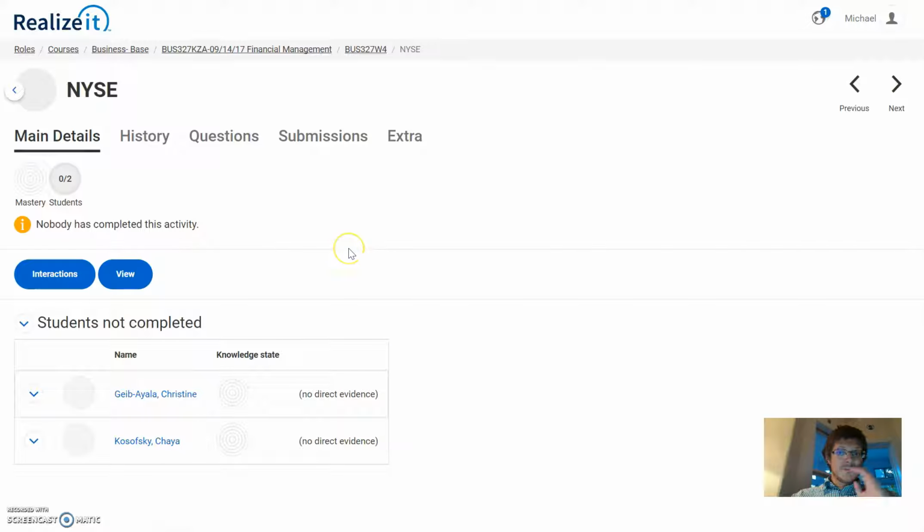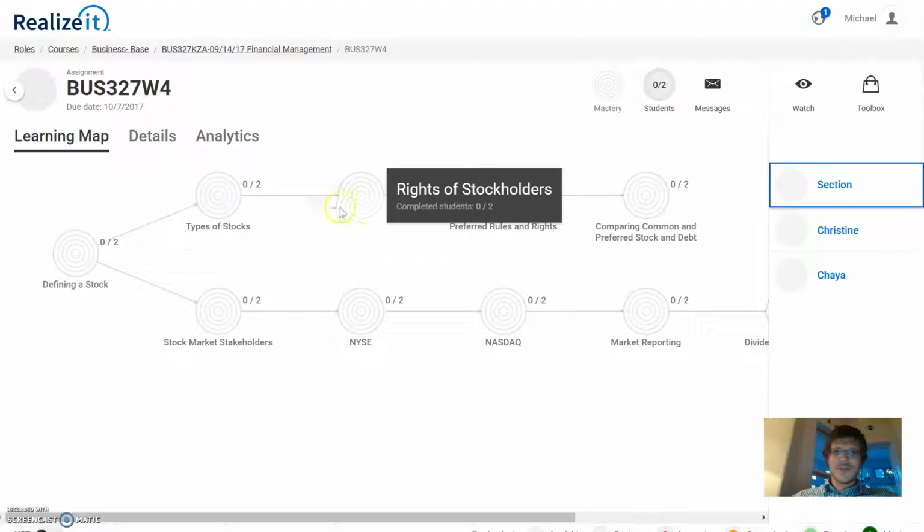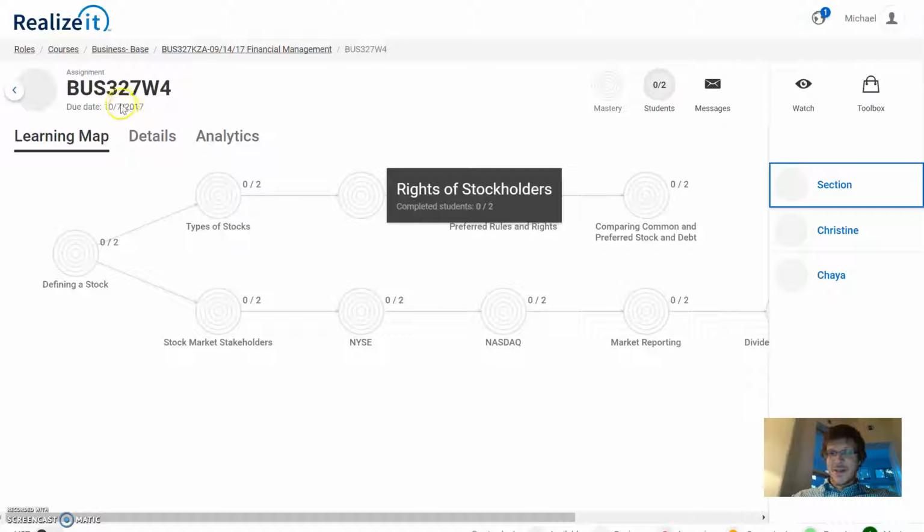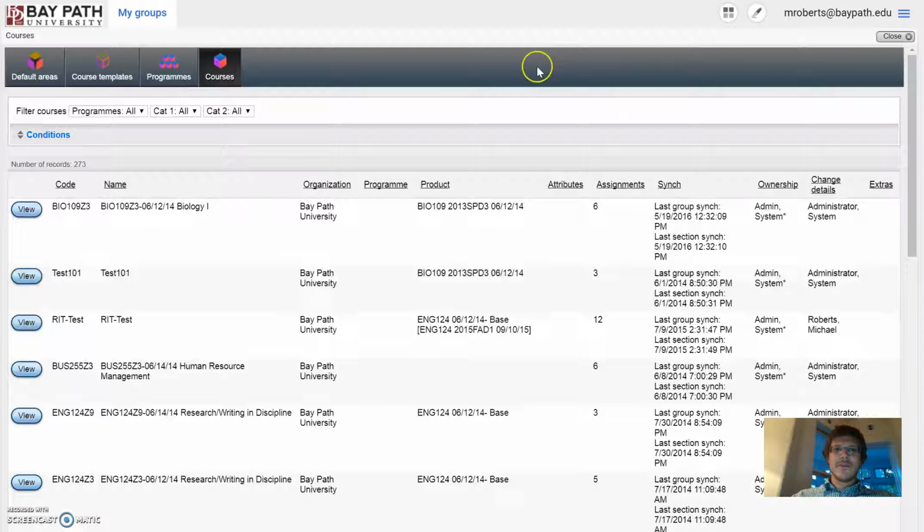Now, troubleshoot. This is like the troubleshooting section. If you don't see any content here, if maybe you have a map and then you try to view an assignment and it's totally blank, that means you got to do an install and activate. Remember, there might be 2 content titles, so you might have to do 2 of them. Like in English, you have to do install and activate for 124 content and 114. And an easy way to check, you can check out in the other video,